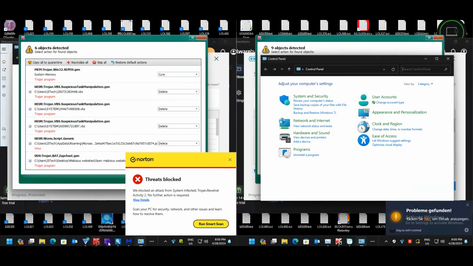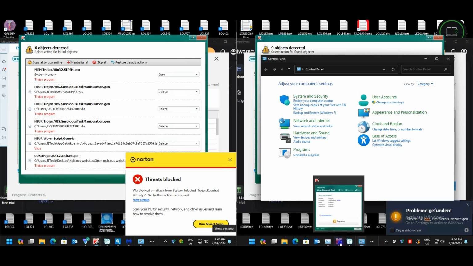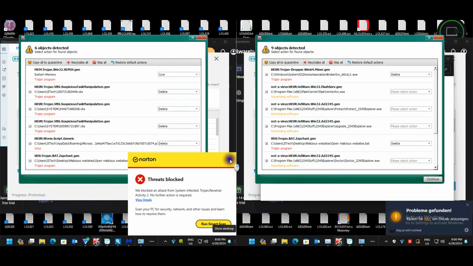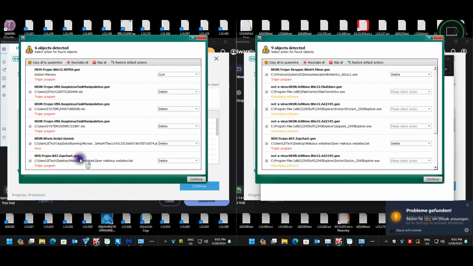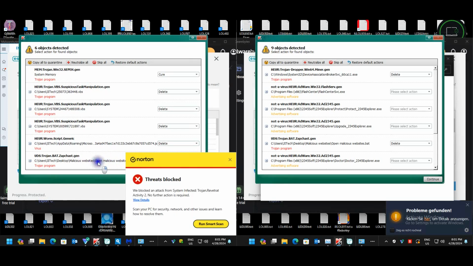Now we are going to jump. Let me just go backwards. Okay, so we're going to look at Kaspersky. There are 6 objects versus 9, so it looks like Norton did a little bit better according to Kaspersky on this one. Now we have a thread running in memory, and then the rest are on the system files directly under my user profile. And then there's a worm script, and then it's flagging my one script as malicious, so we'll just deduct that one.